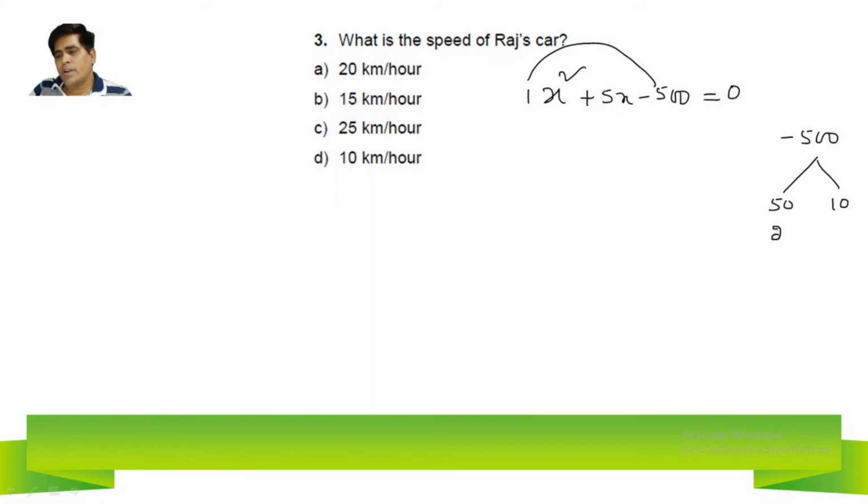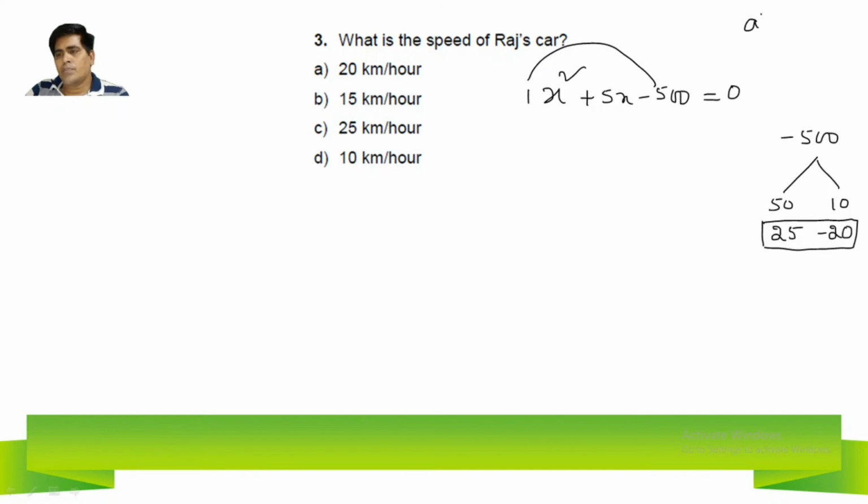I can write 25 into 10, 20. So I think this will fit here. Why? Because the difference is 5 here. I'm getting positive 5 here, and the product we should get is minus 500. So if I keep minus here,